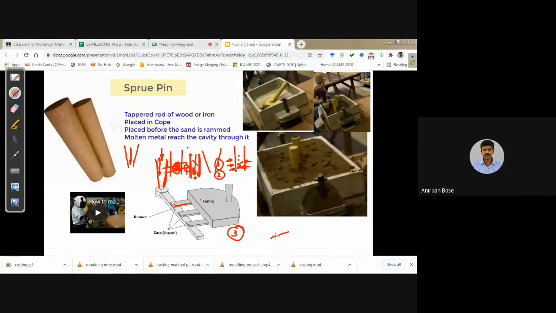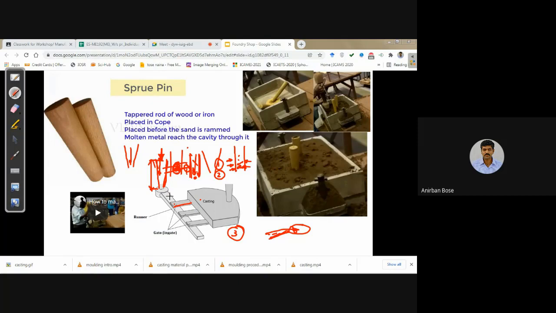The inclination is like this: if this is the mold cavity, the inclination is against gravity, not in the direction of gravity. A small amount of adverse slope is used so that the molten metal will not flow very easily directly into the mold cavity, because initially it is poured through this long sprue.